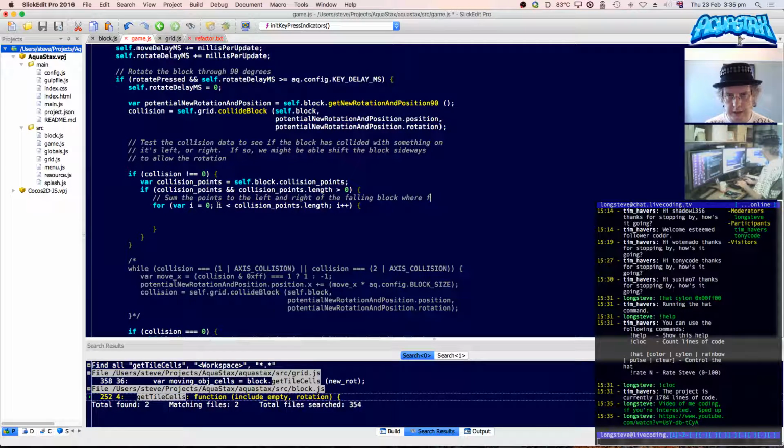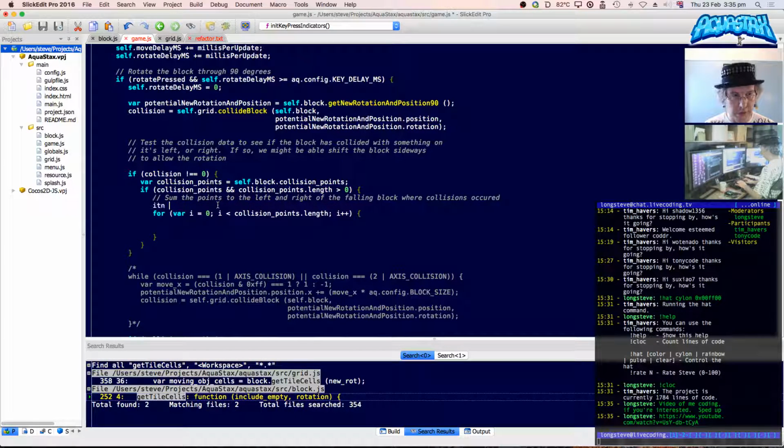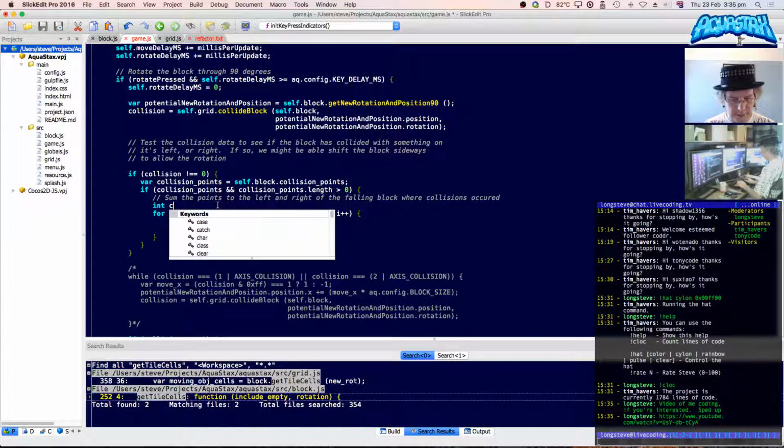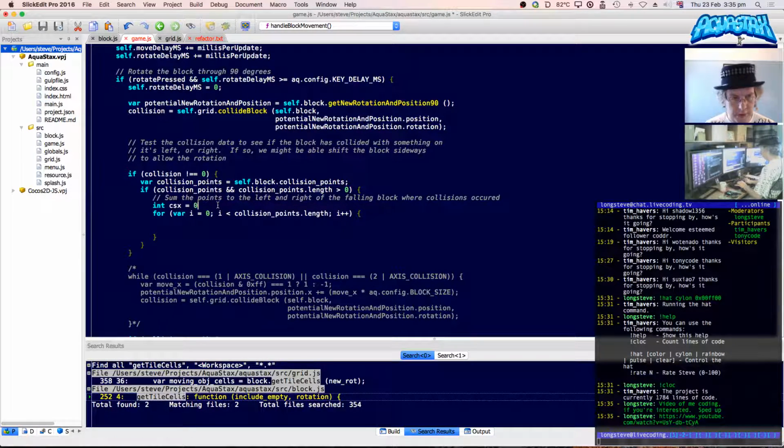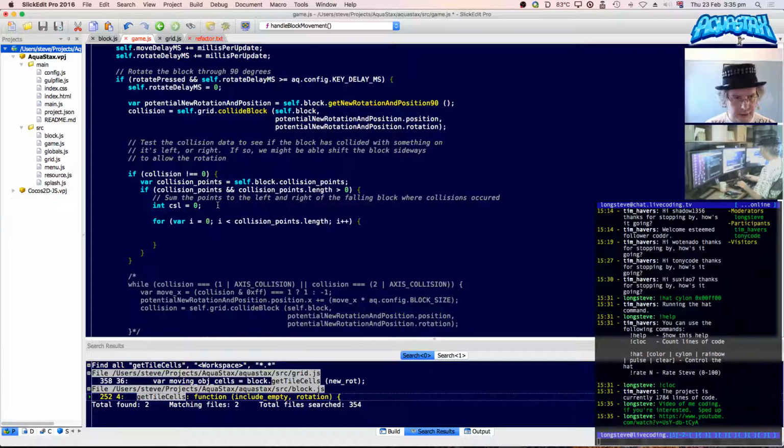So let's have collision sum x. Oh, actually, let's do collision sum left and collision sum right.